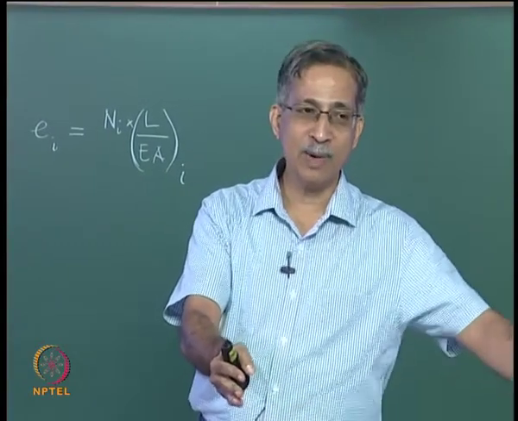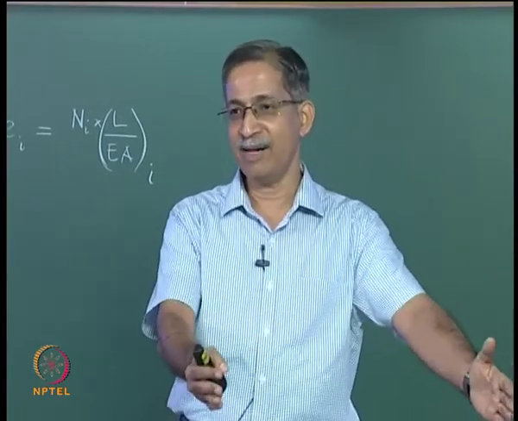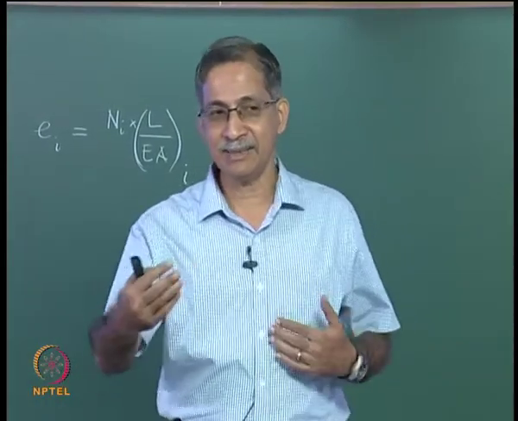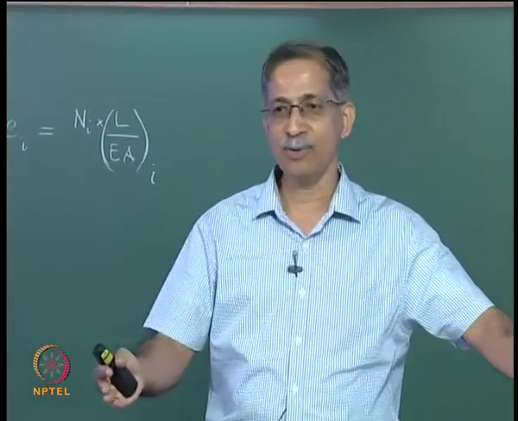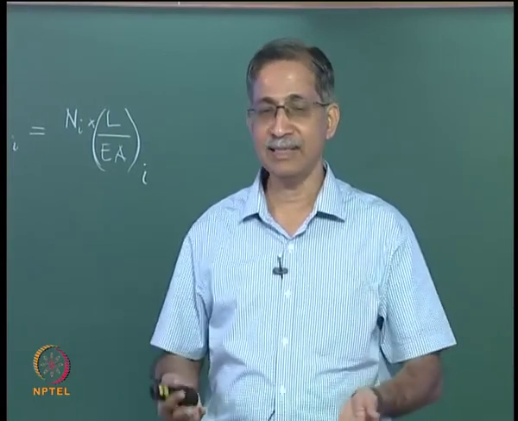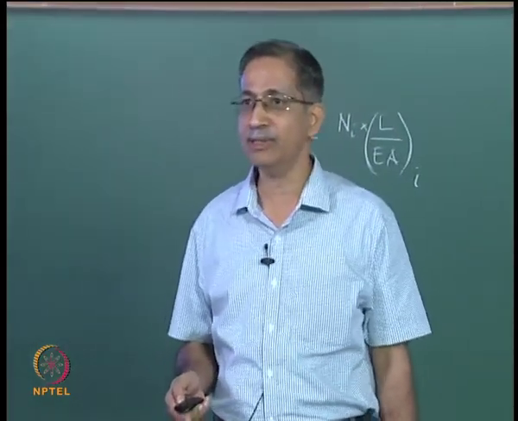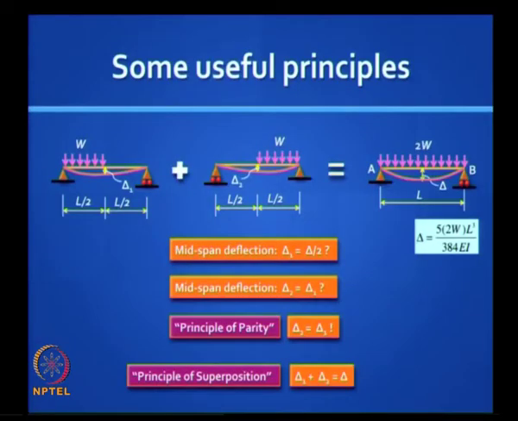What you would draw is one in which the right half is loaded. The picture that I will draw is the one with the left half being loaded, but we are actually dealing with the same beam, and this is not symmetry, this is called parity, and this is called the principle of parity. It all depends on how you look at the beam, and the deflection is exactly the same. So if you invoke the principles of parity and superposition, you can prove that delta 1 plus delta 2 equals delta, and delta 1 is equal to delta 2, and so it follows that delta 1 is delta by 2. This combination of parity and superposition we can invoke in many cases.